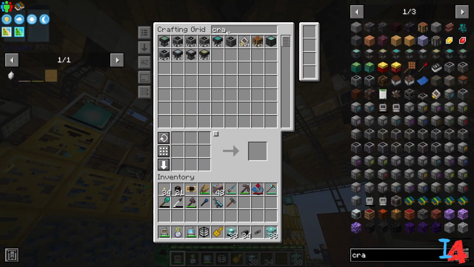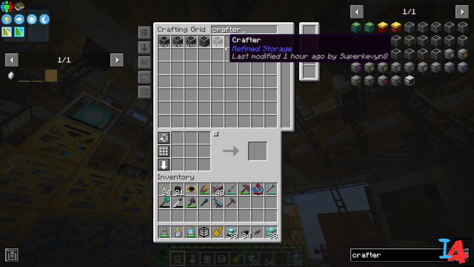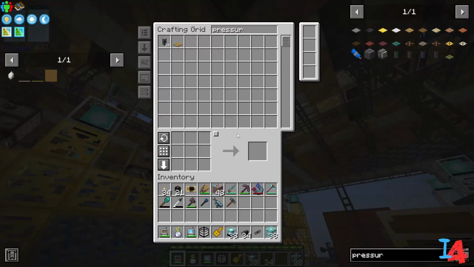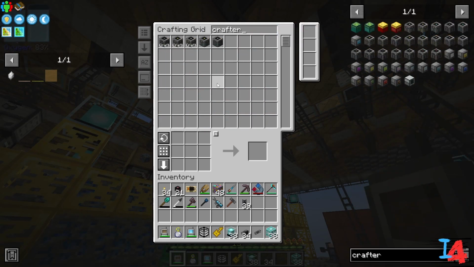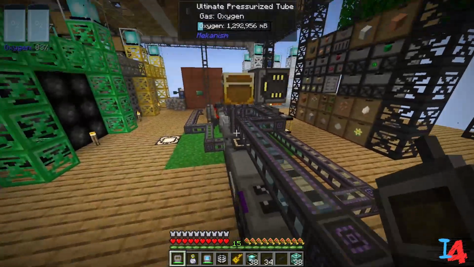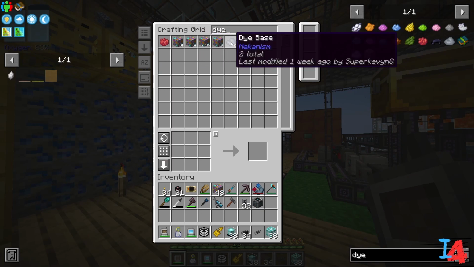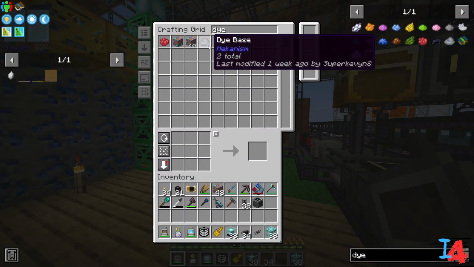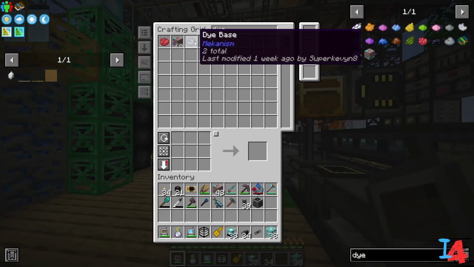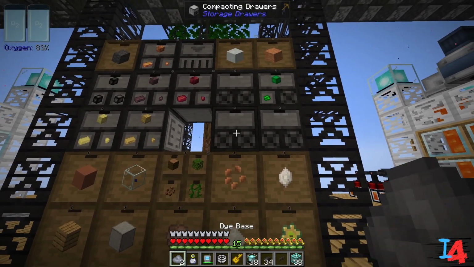Let's make a crafter. Just need a basic one. Let's grab these guys. Perfect. Grab this, please. Please. There we go. Let's make some dye. Oh, did I already have one? Oh dear. There we go. Dye base. And can I put that into...